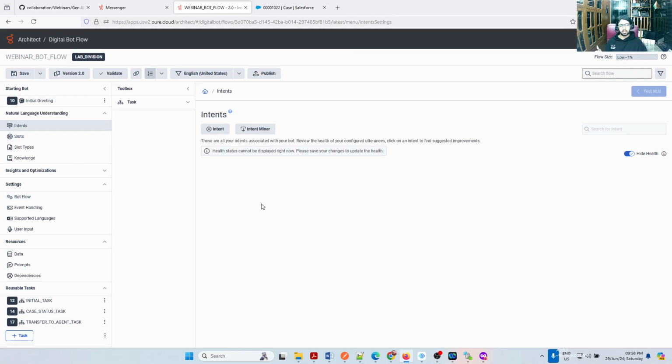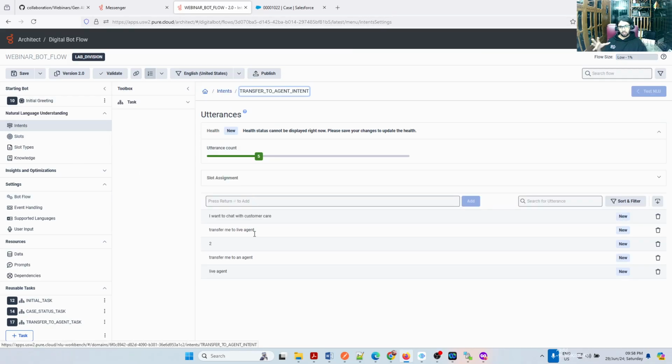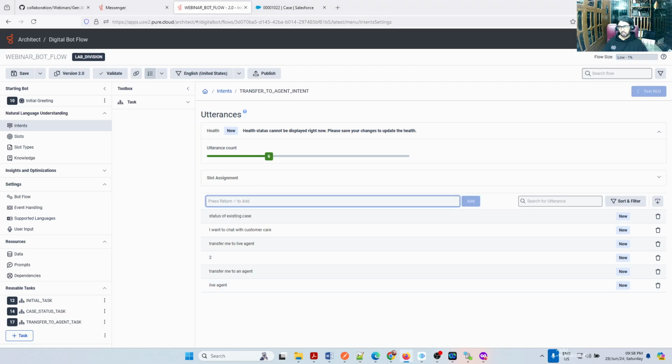For the time being, it will react in such a way that I don't understand it, because it's looking for something which is in this. Since I have given the highlighted option there, I highlighted 2 things. First option is I highlighted status of existing case. So there are chances that if I give that option, user may type it, status of existing case. And I also gave an option called agent.